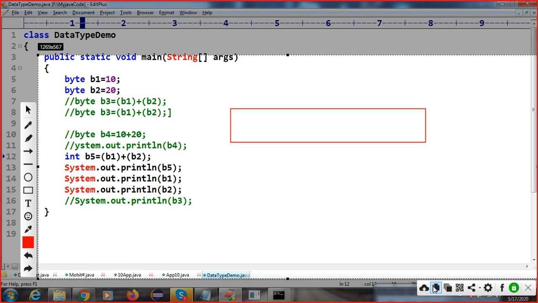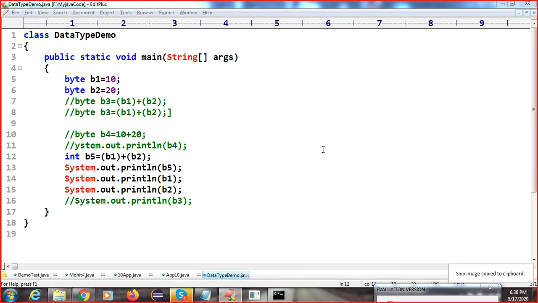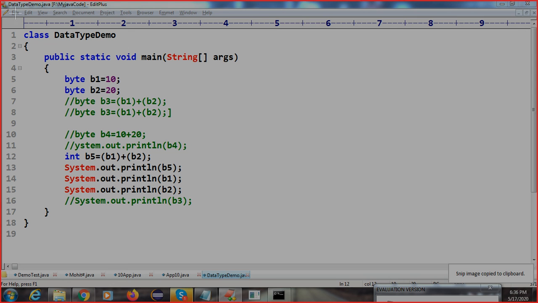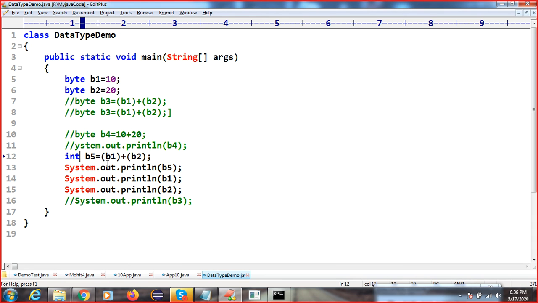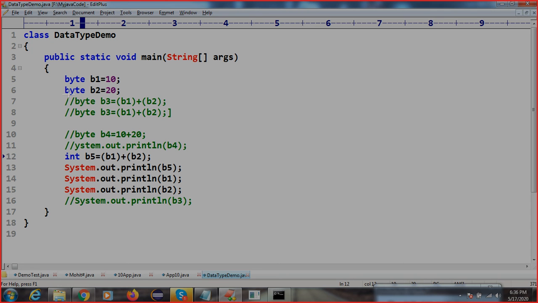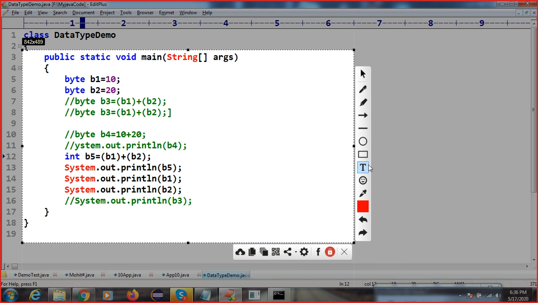The 4 people can sit minimum. Okay, got it, right? So here, how many persons are sitting? 2 persons. Capacity is 4 and 2 persons are there. So that's why we are not getting any error. I'll give you the documentation regarding this also. That's why we are not getting any error here, because it has 4 bytes.